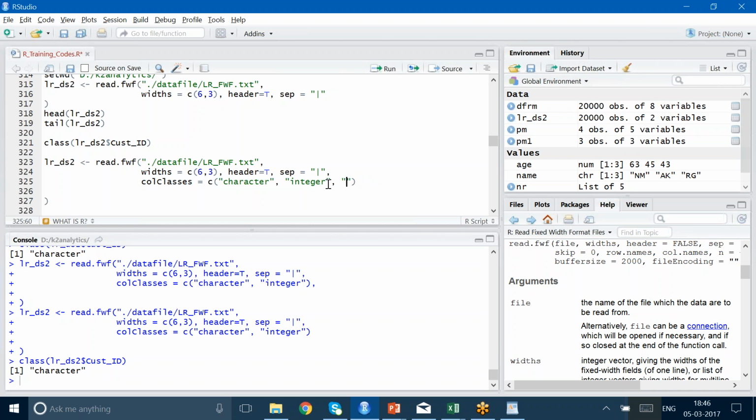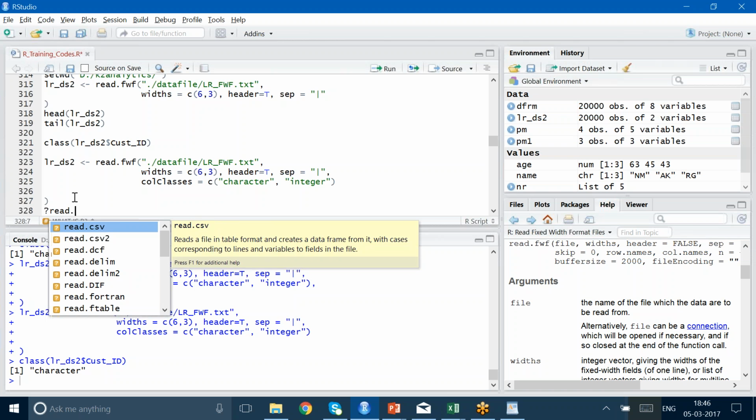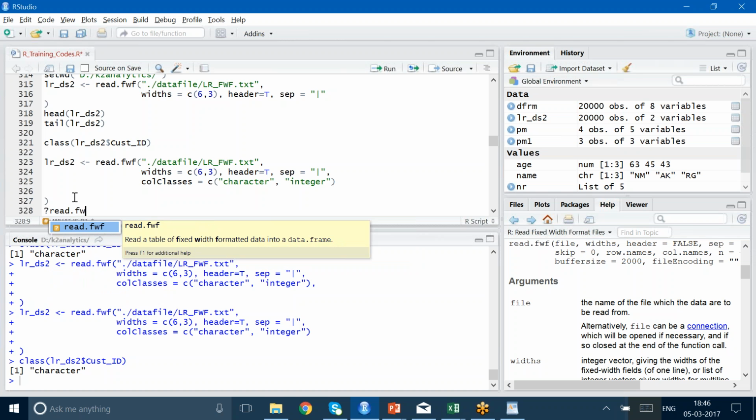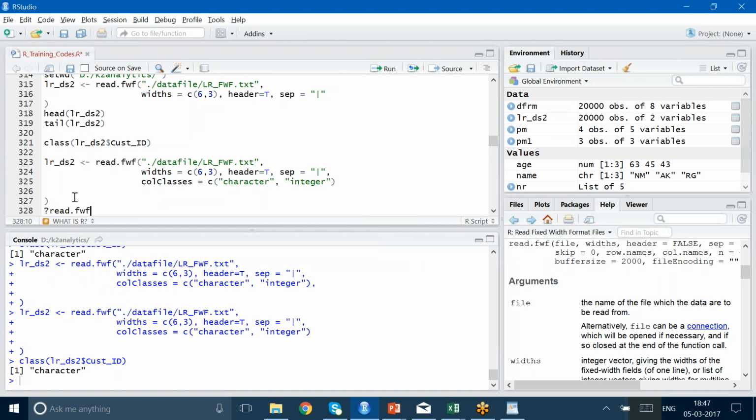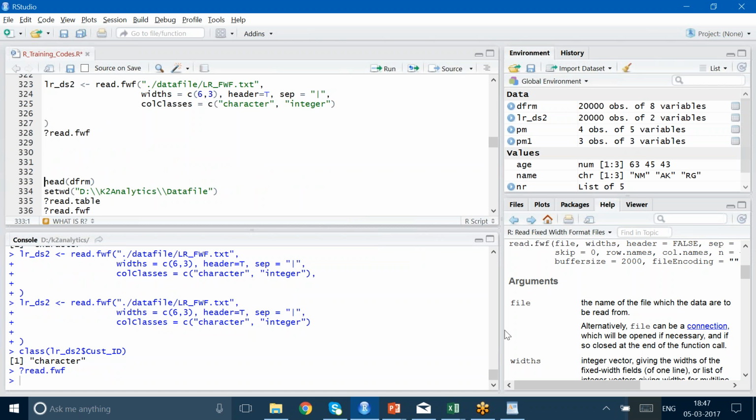Now if you don't want all 50 to be mentioned, because there are so many columns, and only the first column you don't want as factor, by default the others you want as factors, there is an option. I don't want to type because there are 50 columns. Typing 50 times is also a painful job. So there is an option which will say